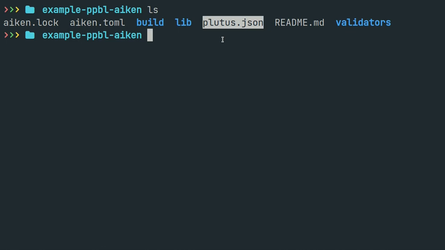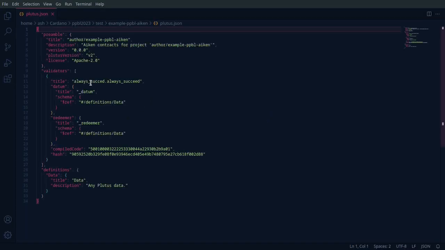Let's create it. Make always_succeed.ak. That is the file extension of Aiken. And here we paste this dummy